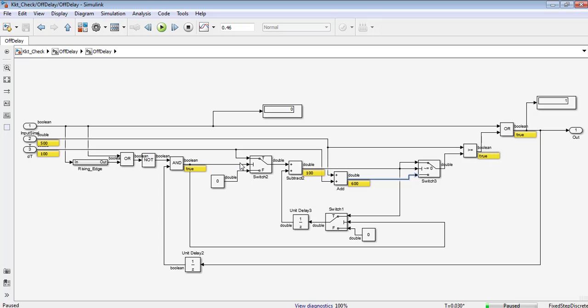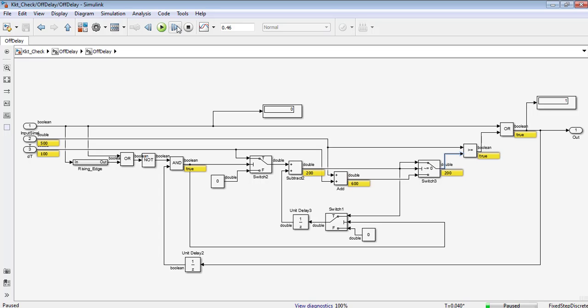If it is true, it will take the true part. So here we will get 100, and 100 will be passed to here. 100 is not equal to 0, so it will take this particular value to this place. Here, if we check, 500 is greater than 100, so we are getting true. And in this block, we are having true. Because of this true, we are getting this value. So 100 will be sent to this loop.